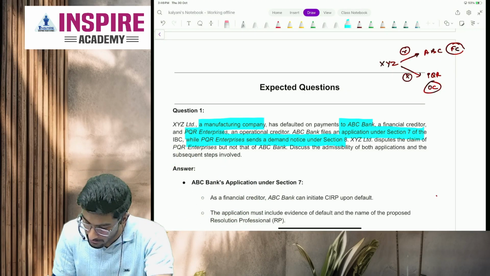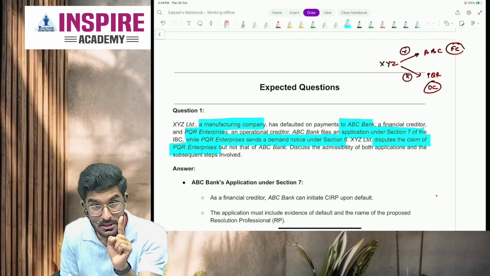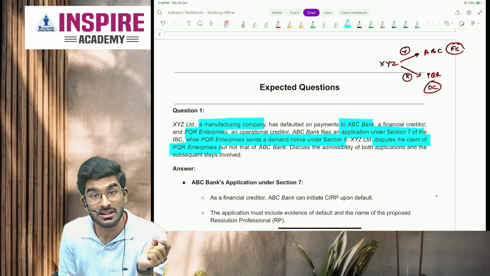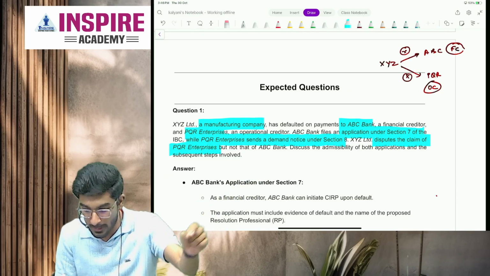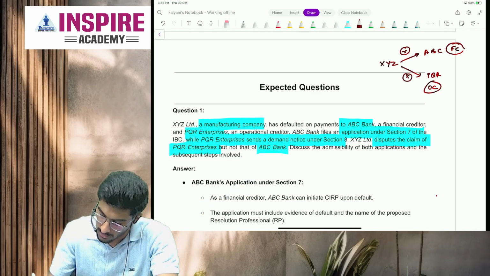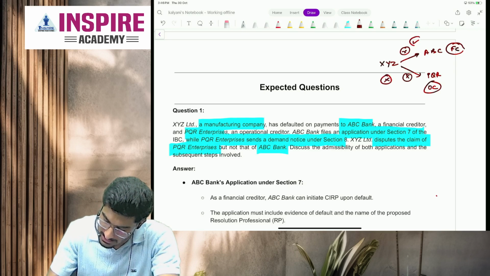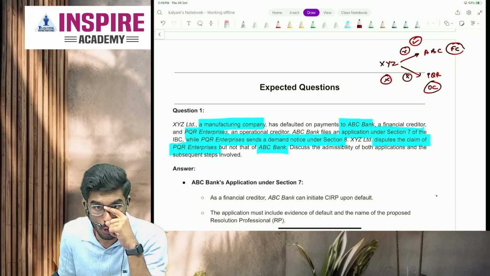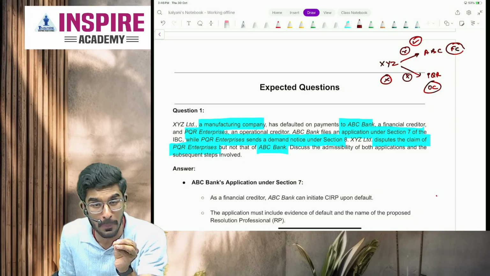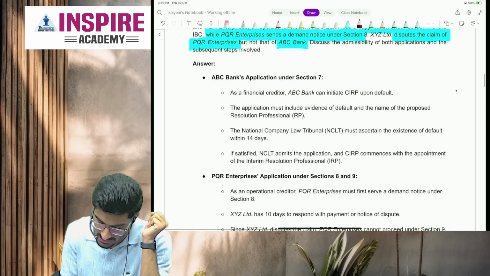XYZ Limited disputes the claim of PQR Enterprises. He rejects the dispute of PQR Enterprises, but not of ABC Bank. That means he is not accepting one, but he is accepting the other. You tell me, people, if there is a dispute, do you think NCLT will admit the application of operational creditors? No. So ABC Bank's application